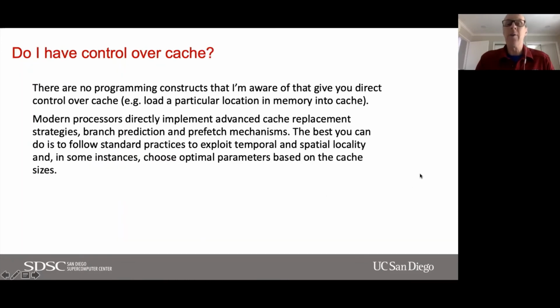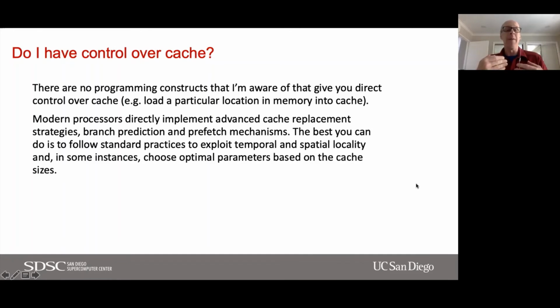One of the questions that often comes up is, do I have control over cache? Can I say, I want to load this data into cache? As far as I'm aware, there are no programming constructs in the higher level languages that give you direct control over the cache, for example, to load this particular location in memory into cache. That's probably a good thing, because if you started doing that, your code would be very non-portable.